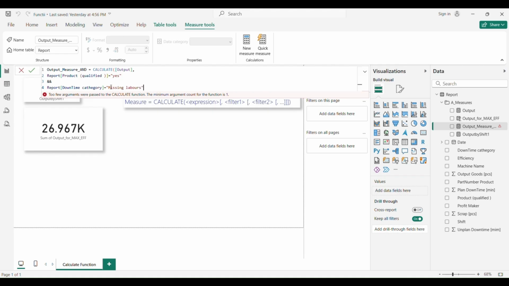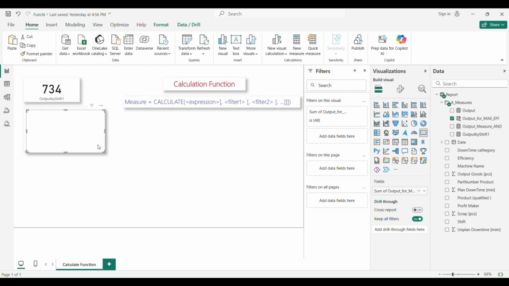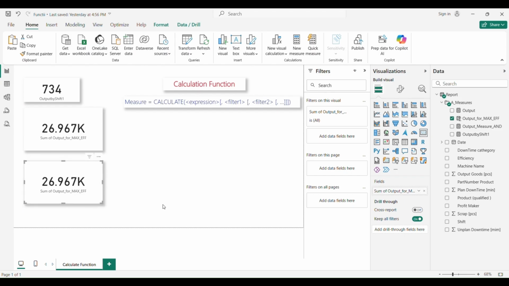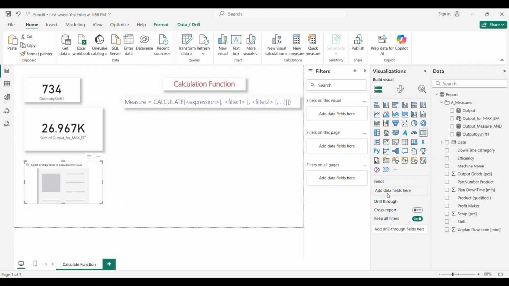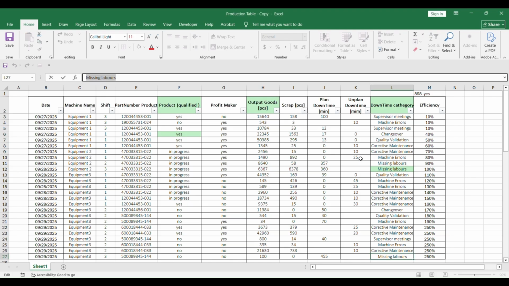Codes, missing labels, then we close parentheses and hit enter. Now we make a new card. We just delete the initial measure, and we add our measure. So you can see it's a blank result, of course, because one of our filters is not true.